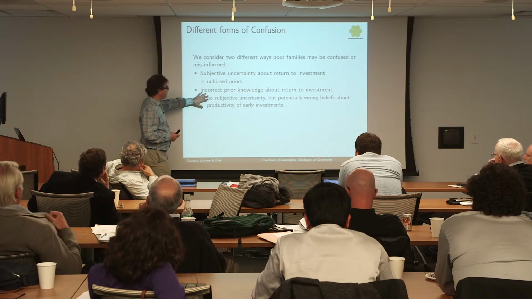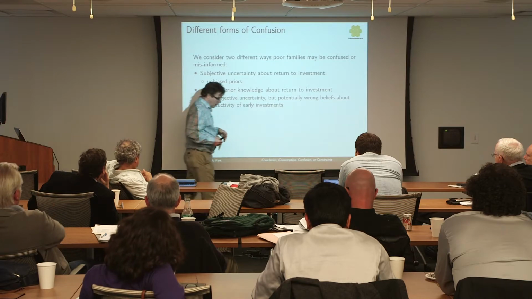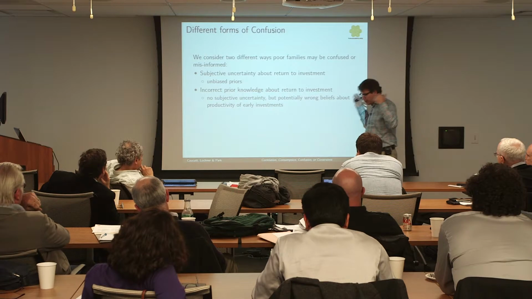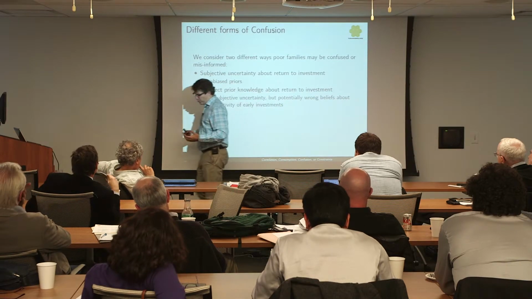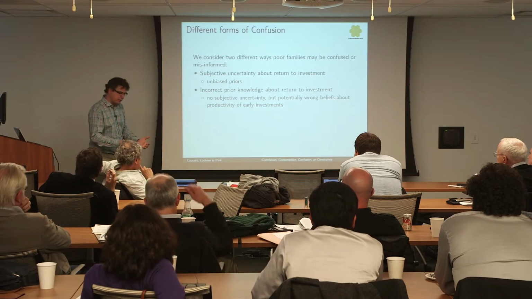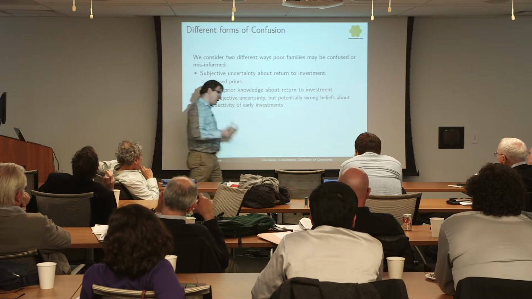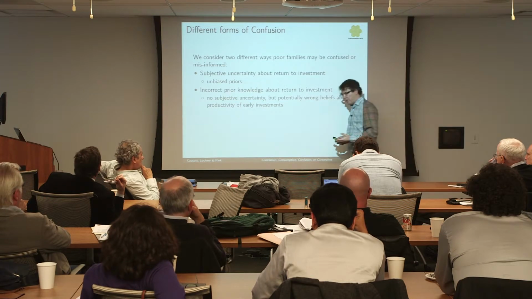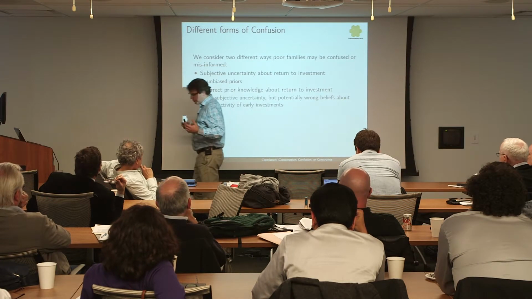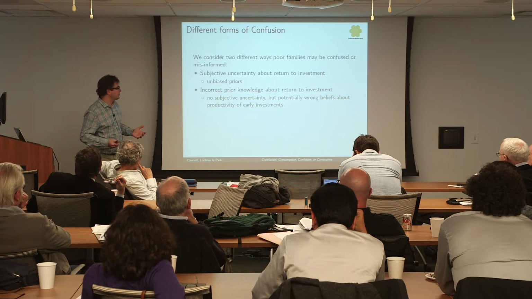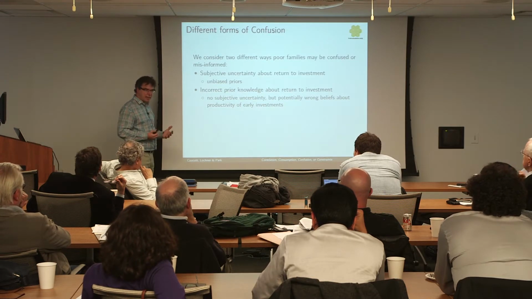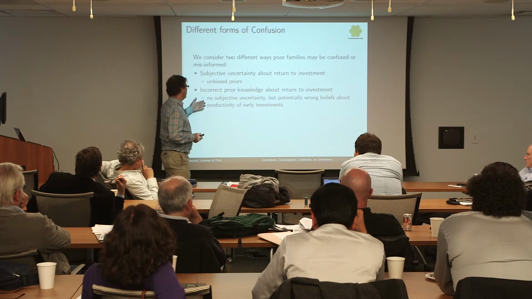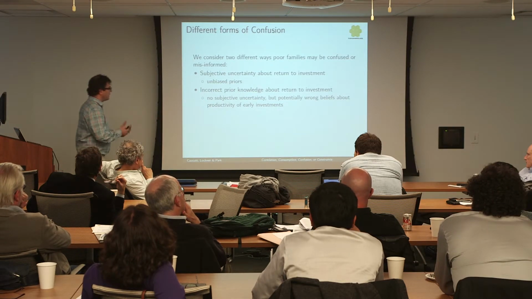And then I'm going to ask a separate set of questions: suppose parents just have the wrong beliefs. There's no uncertainty. They just have the wrong beliefs about how productive different investments are. There might be lots of investment activities, and I don't know whether I should be reading to my kid, playing blocks with them, or playing baseball with them. There are all these things I could do, and I don't know how productive those different things are. How does that affect investment behavior, and how does that affect human capital outcomes in the end? So I want to think a little bit about that.